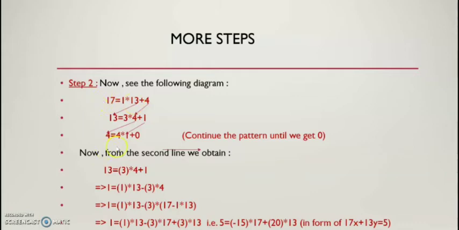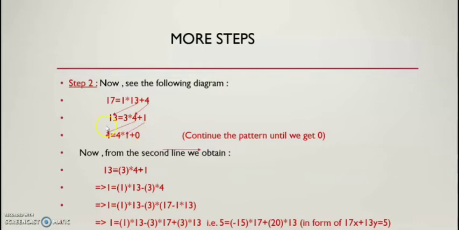Using these divisions we can obtain a particular solution of this Diophantine equation. We can at least obtain a particular solution, and in this case we obtain x equal to minus 15 and y equal to 20. So what is our main intention? At first our main intention is to get a particular solution, only one solution. We can obtain it by this division process, and after the division process we will pick up the last line. The last line is 4 into 1 plus 0.